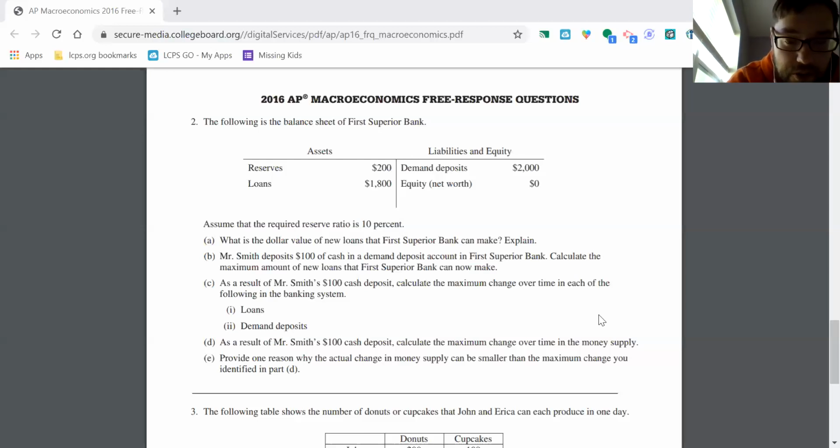Another reason you could have put here, banks choose to hold more in reserves. Maybe they don't want to be quite as aggressive. They don't want to loan out their entire excess reserves. Maybe their forecast isn't so great, and they just want to be cautious, something to that effect. So a bank doesn't have to lend out everything that it has in reserves, right? Maybe they expect interest rates to go up in the future, and they're holding out for a better opportunity. But there are a number of reasons. So you really only had to have one of those there in part E. Either of these would have been